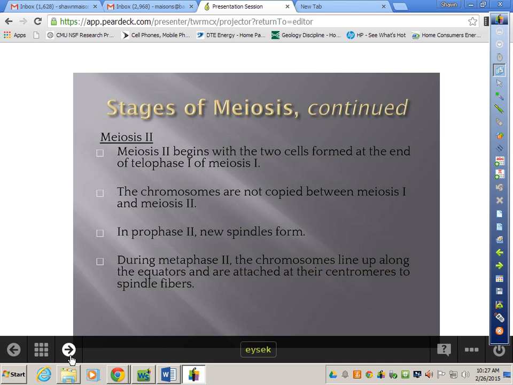So in prophase 2, spindles form. So you mean we're going to have another prophase? Yes. So in prophase 2,